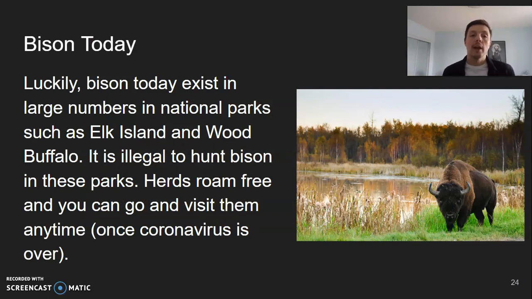Luckily, bison today still exist, and we've done a decent job at creating places where they can live and flourish. They're not allowed to be hunted in these areas, and they basically just live in the wild and eat, and because of this, the numbers have increased and gone up very high. If you've ever been to Elk Island Park, just east of Edmonton, you can go and see bison and get up actually very close to them. Hopefully you get to go once the coronavirus quarantine